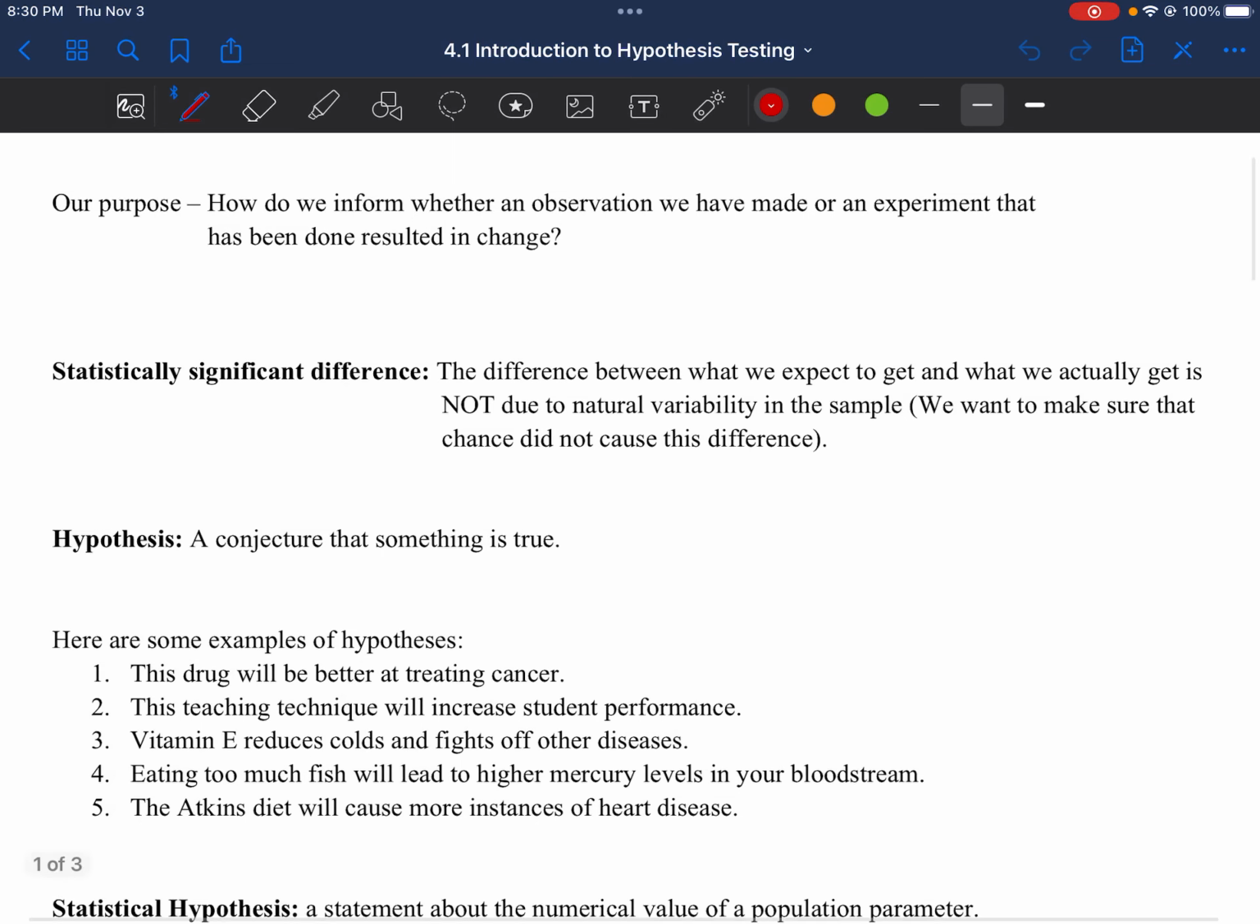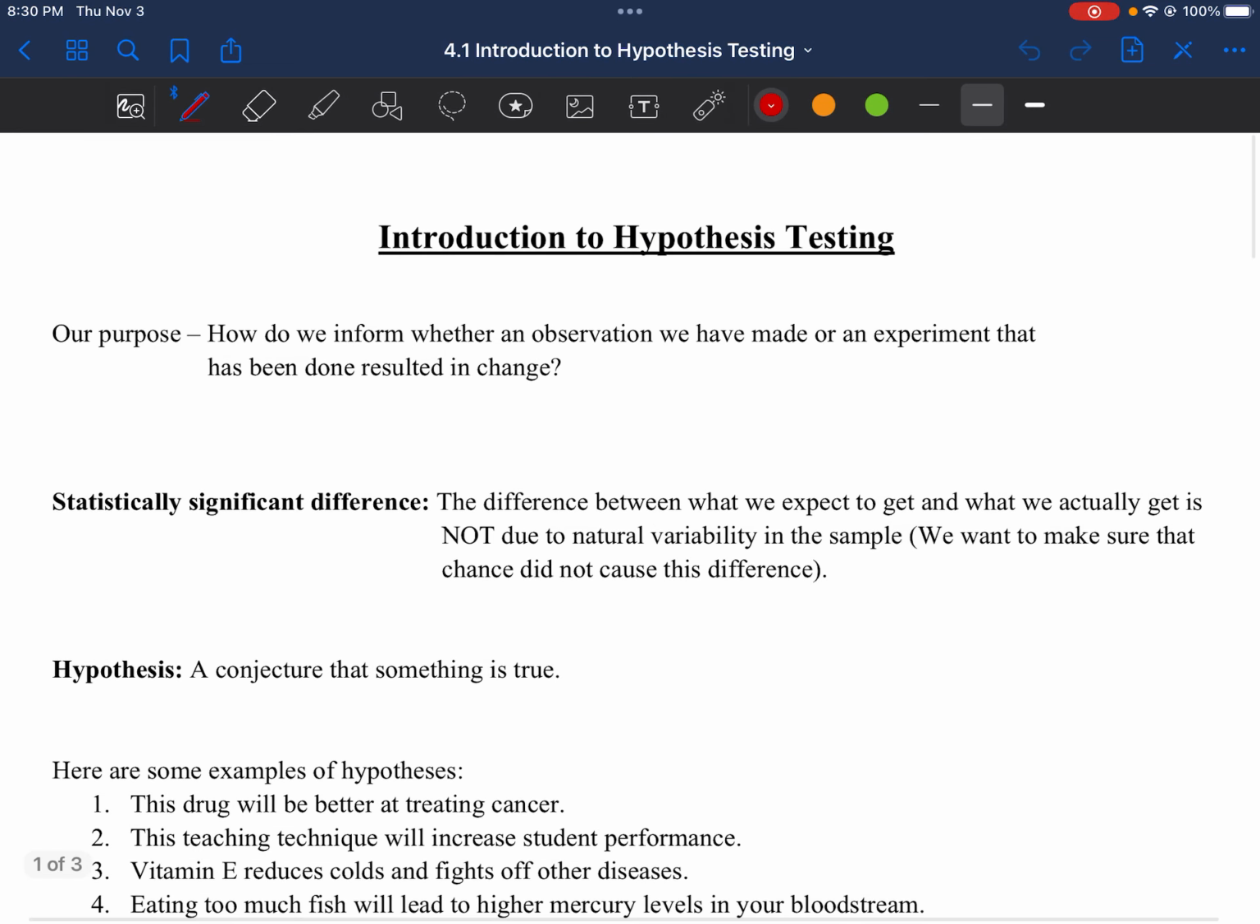Hey everyone, in this video we're going to introduce hypothesis testing. And we're going to be doing this for pretty much the rest of the semester. This unit is all about inference. And so our goal, our purpose is to figure out if an observation that we've made